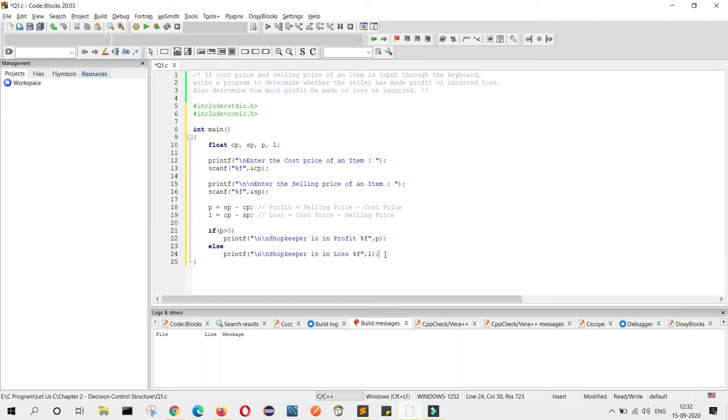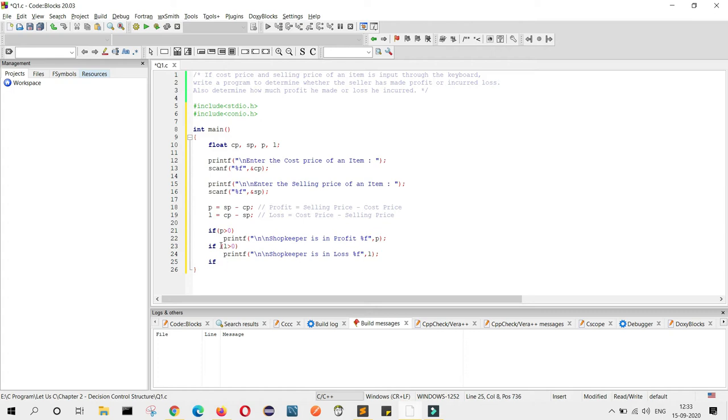And one more condition, not else. Here I will write the if condition again. Here you can write that if loss is greater than 0, then it is in loss.